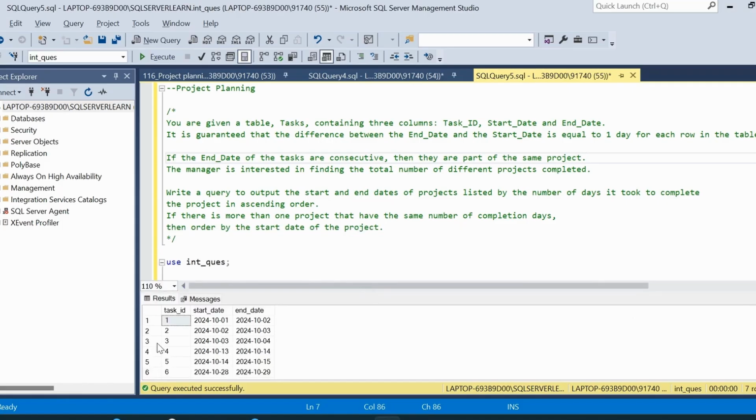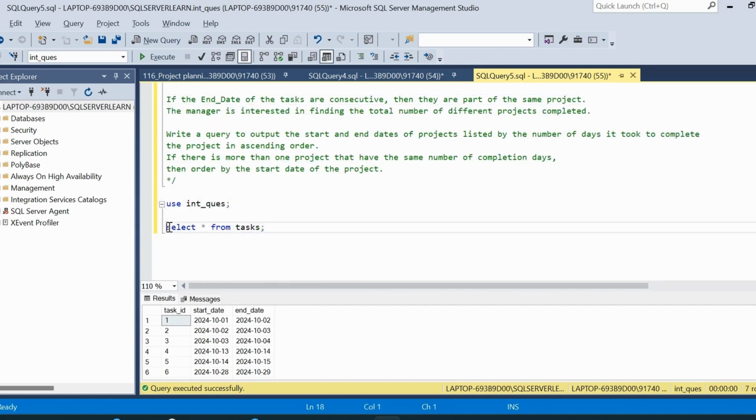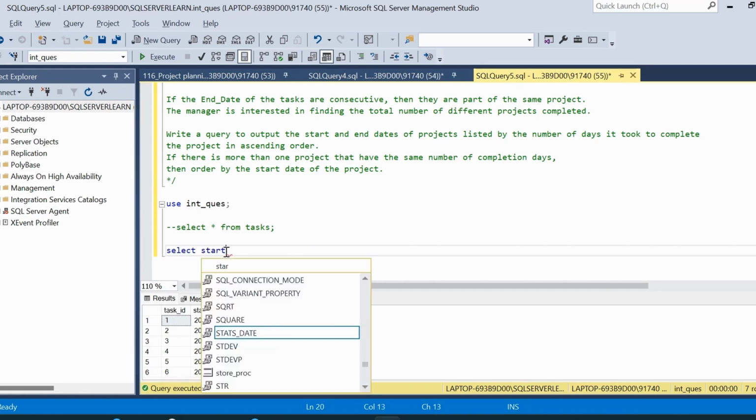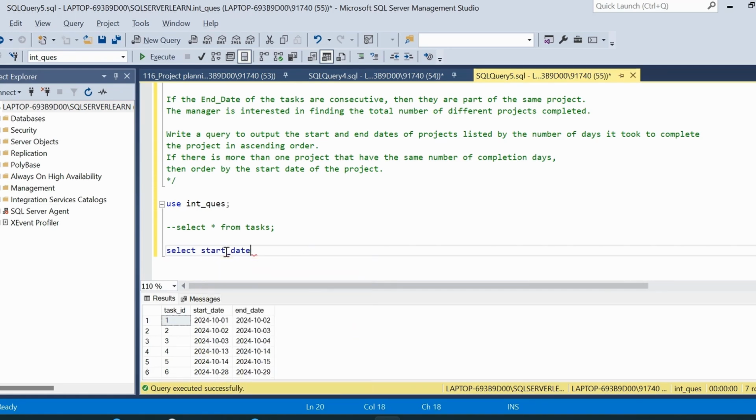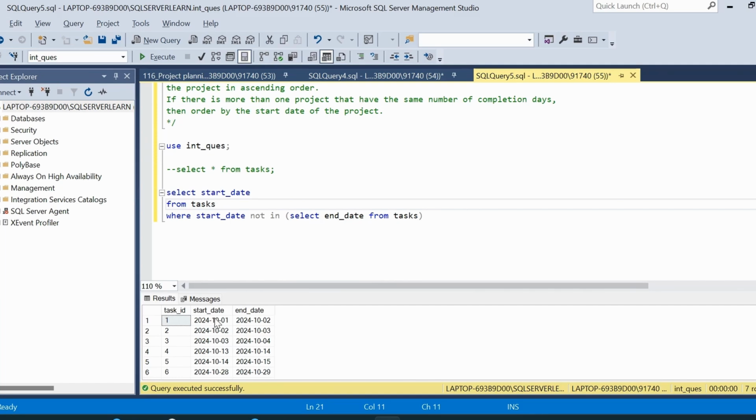So we have the same table which is created called task. Now we are going to write a select clause based on which we are only going to fetch start date which is not available in the end date column, that is, start_date from task table, where start_date not in, inside parenthesis we will write a subquery, that is select end_date from the same table task. So now if we run the query, we will get start date whichever is not available in the end